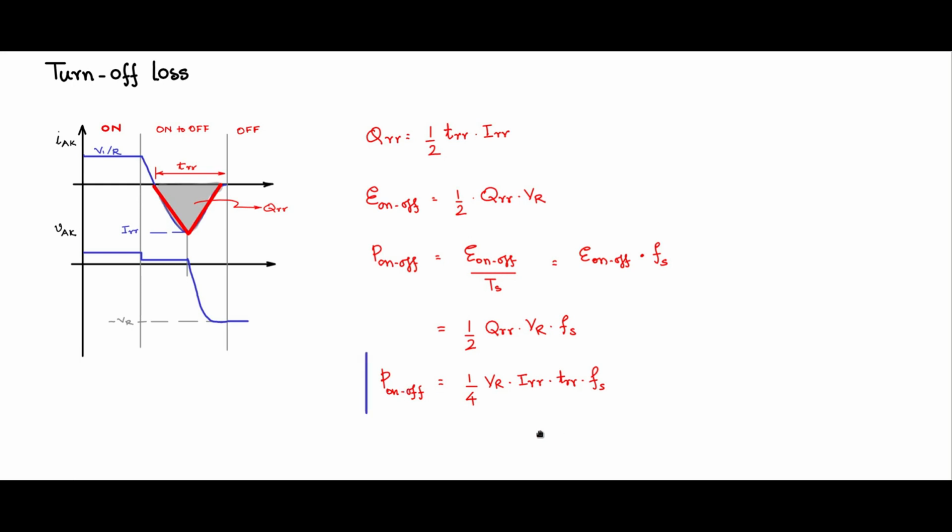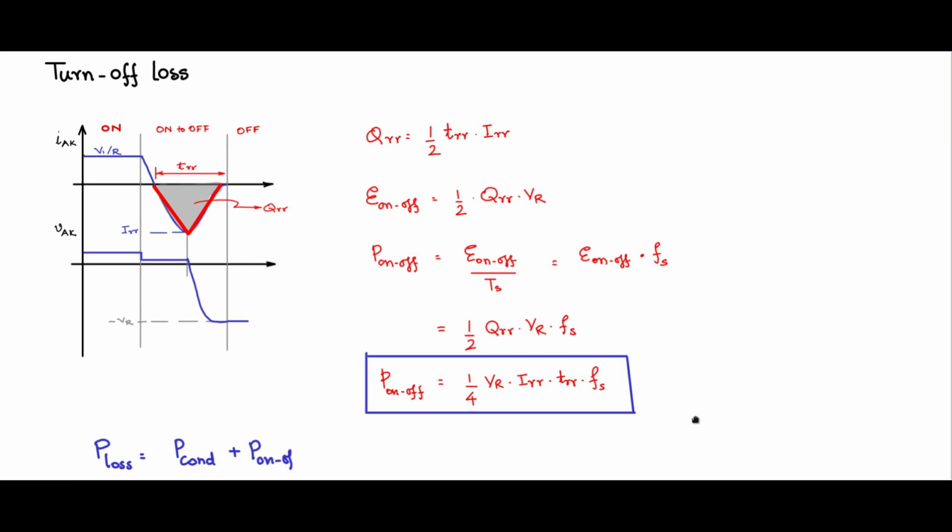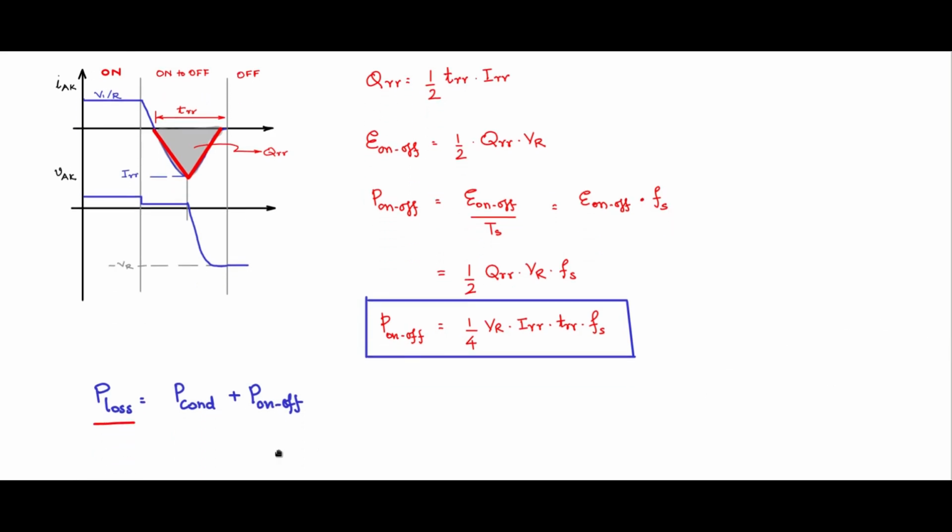Now knowing the conduction loss and the turn off loss, you can estimate the total loss of the diode, which will be P conduction loss plus the turn off loss. So this is the loss equation, and this way you can estimate the loss, you will get the value, and this loss is the one that needs to be removed such that the diode is cool throughout the operation of